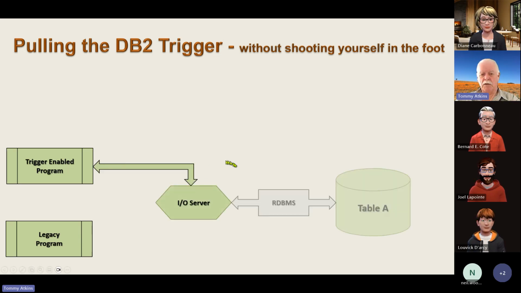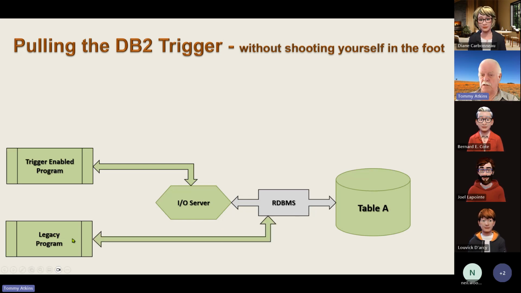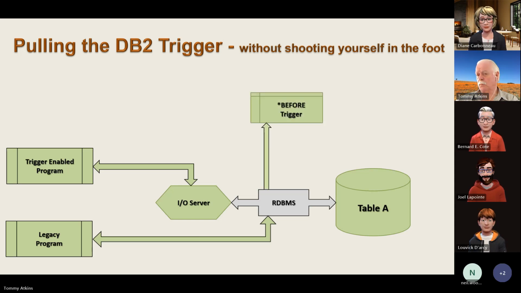So what happens here? Well, of course, the trigger-enabled program, hopefully, is using an I/O server now to get at a table. And the legacy program, if you haven't managed to even get as far as the I/O server, will be going straight into RDBMS with an FSpec. Not a problem, not a hassle. RDBMS will call the before trigger, and in a normal circumstance, it would return to the RDBMS with no errors,